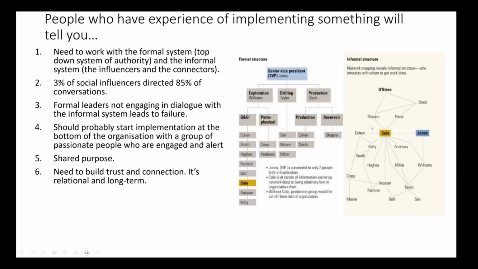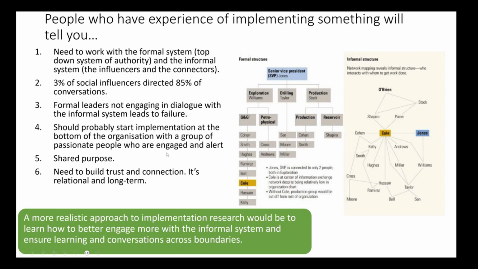So, and you can see, just very briefly, like formal structure. I mean, this is a kind of a bit American model here, but you see the vice president at the top, and he's got connection to 3 people below him, and then they've got connection to the people below them. And Cole, only person who's going to talk to Cole about this intervention is Bell. But if you're working with informal, Cole knows everybody. Cole's a super connector. Cole has influence on a lot of people. If you get Cole on board, then you're much more likely to influence all these other people and to actually get this thing implemented. So a more realistic approach to implementation research might be to learn how to better engage